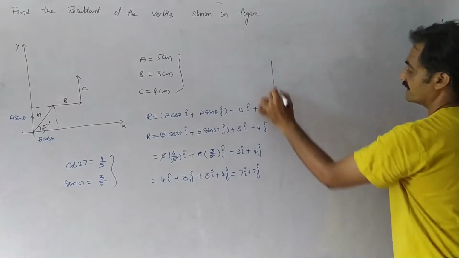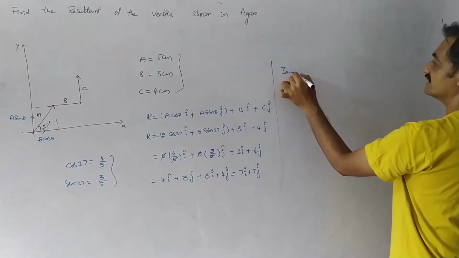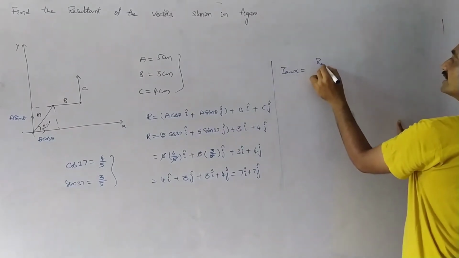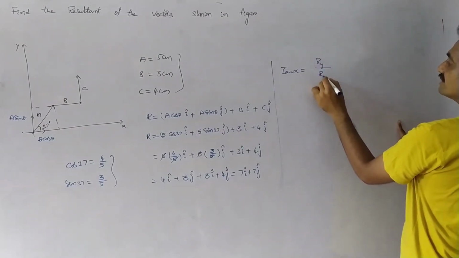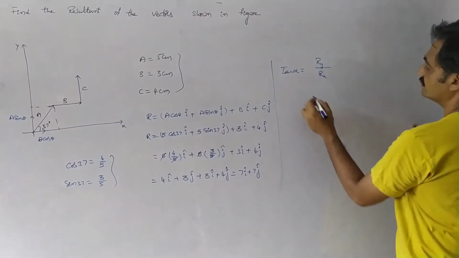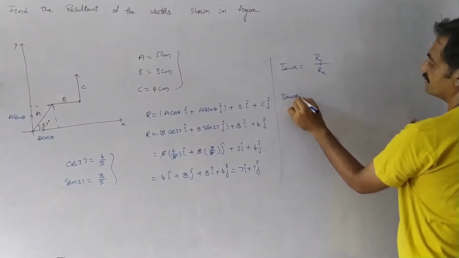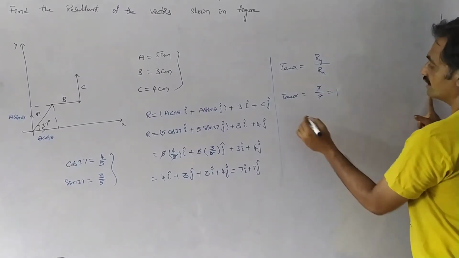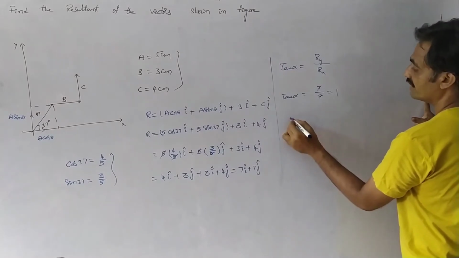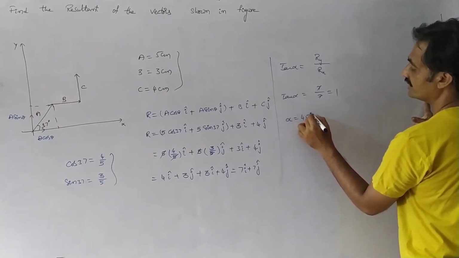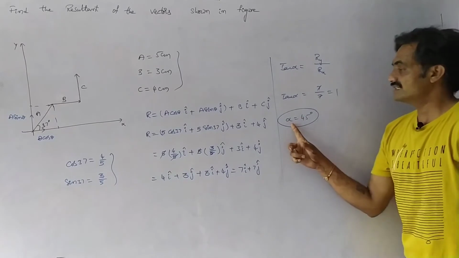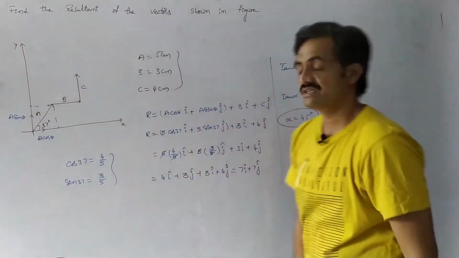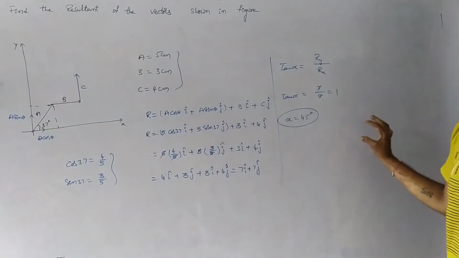Now we have to represent the direction. The direction is given as tan alpha equals the magnitude of the vector along the y-axis by the magnitude of the vector along the x-axis. So from this we can write tan alpha equals 7 by 7. 7 and 7 get cancelled, we get 1. And here we know that tan is 1 when the angle is 45 degrees. So based on that, the resultant makes an angle of 45 degrees with respect to the x and y axes. Take a screenshot. We will continue with the next problem.